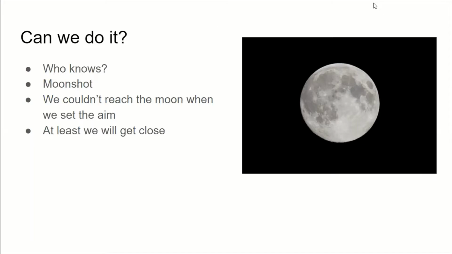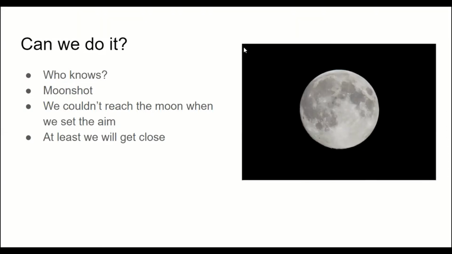Man hadn't even been into orbit yet by then. That's a really good point that Lucas makes there. Man hadn't even been into orbit when we set our sights on the moon. If we set our sights on something and are determined to do it, then we'll at least get close, and the technology will at least get close to getting there.